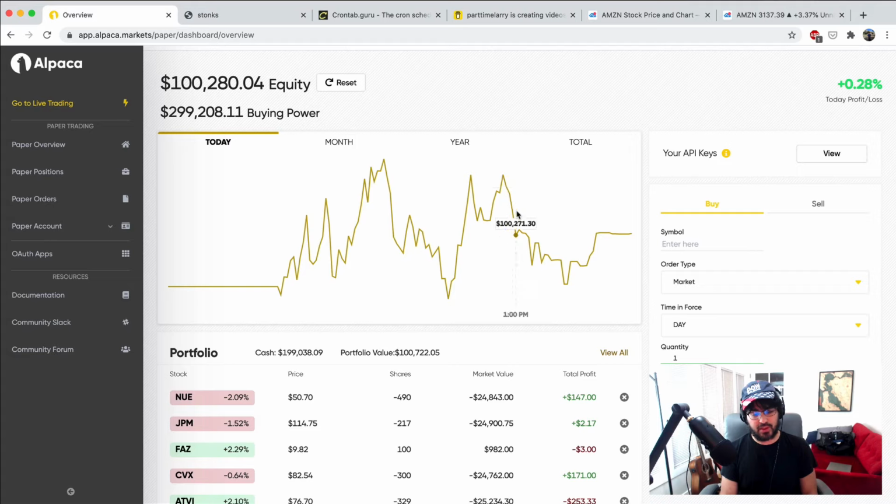But you'll see what happened is the market closed, and then after hours, there's these movements. All of a sudden, this went back down to break even. So we're all the way back down to break even after having a profit that we could have locked in. So I want to talk about running a script towards the end of the day at whatever time you choose to liquidate your positions and take whatever profits or losses you have if you don't want to hold the position